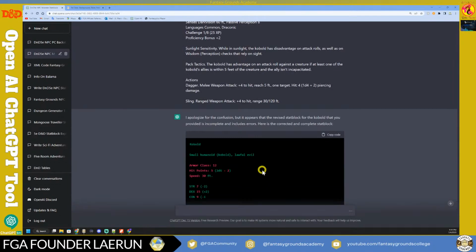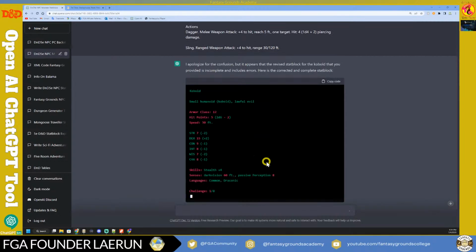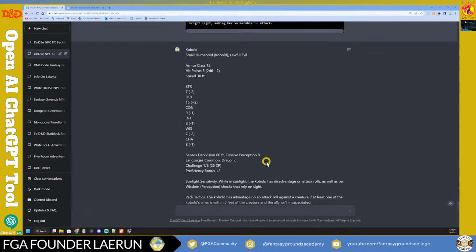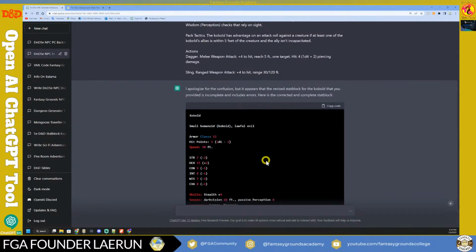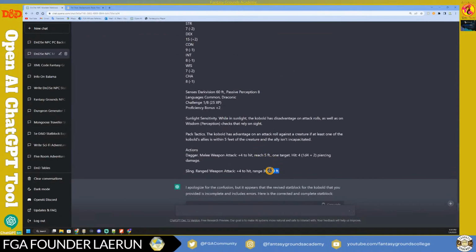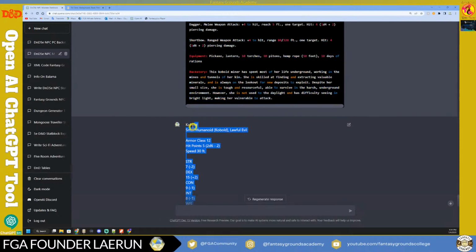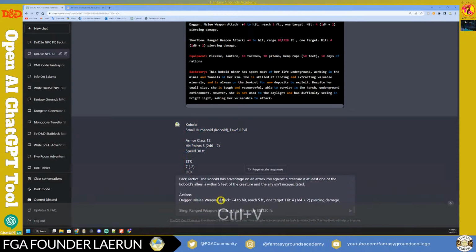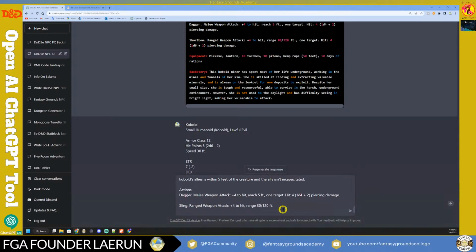Now it's actually creating the stat block for it with the corrections. Here's a corrected and complete stat block. But I don't want it corrected, because that's going to actually break the parsing tool. So what I want to say, or ask, is: will you write a stat block in the format above for the Cobalt Miner? So first I'll paste this format in here, hit Shift, and I'll say, please rewrite